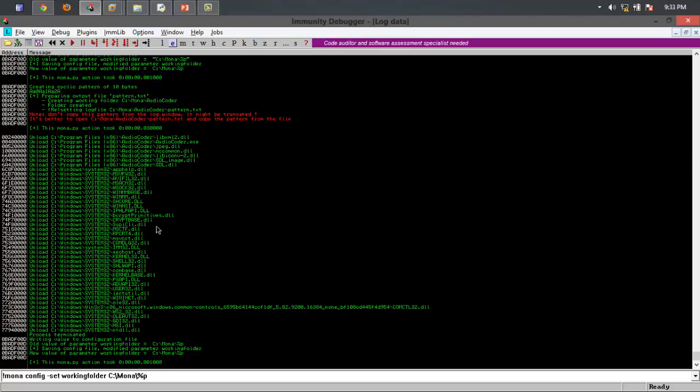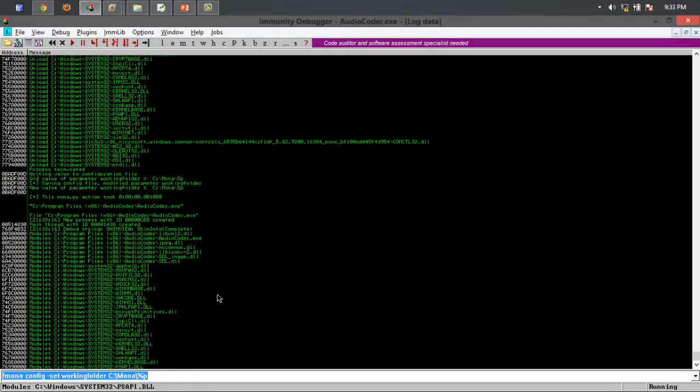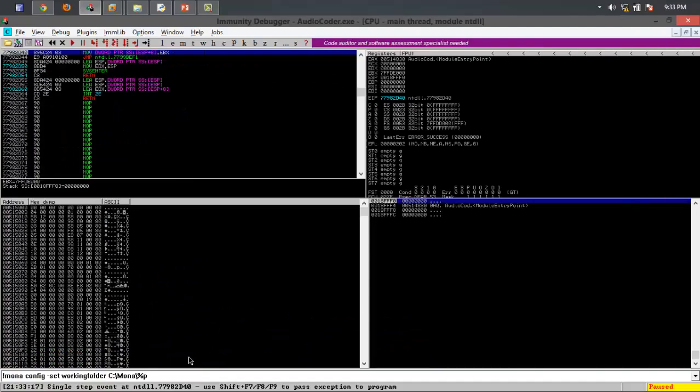Let me load. No need. So better. Let me load an executable. You can just do it without an executable too, but I'm just doing it because I want it in a folder related to that executable. Okay,